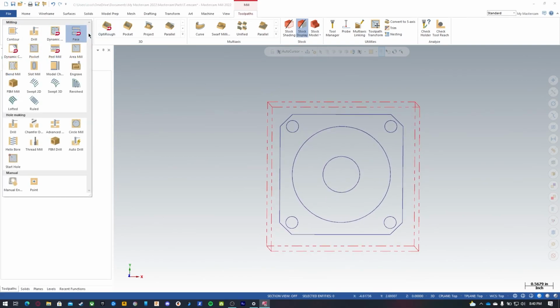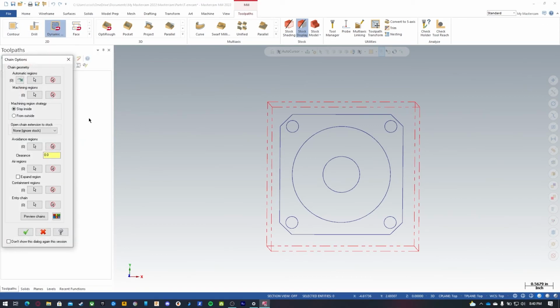Now let's do a dynamic toolpath. We can also do contour, but sometimes dynamic is a little bit better. And we don't want to use our machining boundaries. We want to set an avoidance boundary. Okay, our machining boundary is going to be this red stock, and we'll use the outside as our strategy,